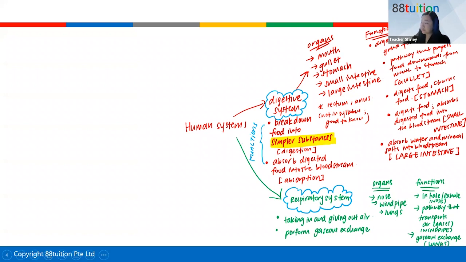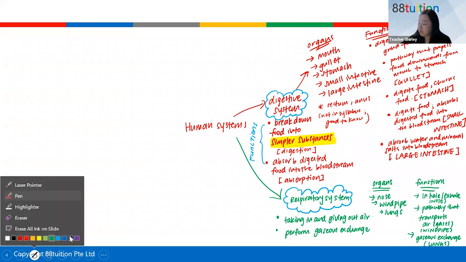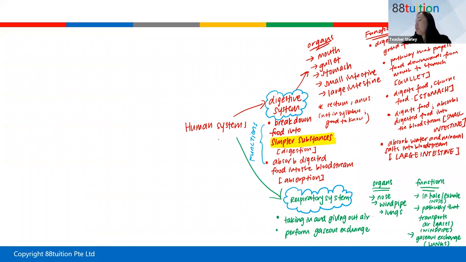Okay. All right. We're going to quickly move on to the next system, which is very close to the respiratory system, and that will be your circulatory system. Now, when you're in primary 5, you're going to learn a little bit more about these two systems, okay? Respiratory and circulatory, yeah? So in this case, okay,